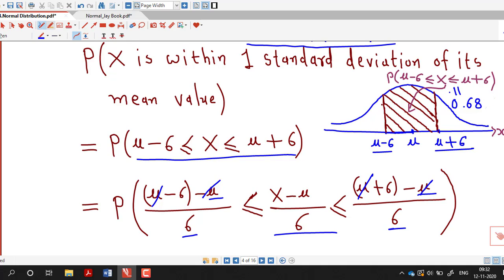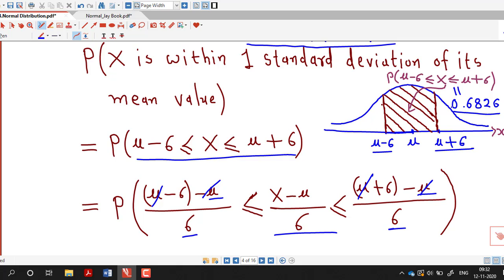So the probability that X lies within one standard deviation of its mean value is nothing but 0.6826, or the value of this shaded area under the curve is